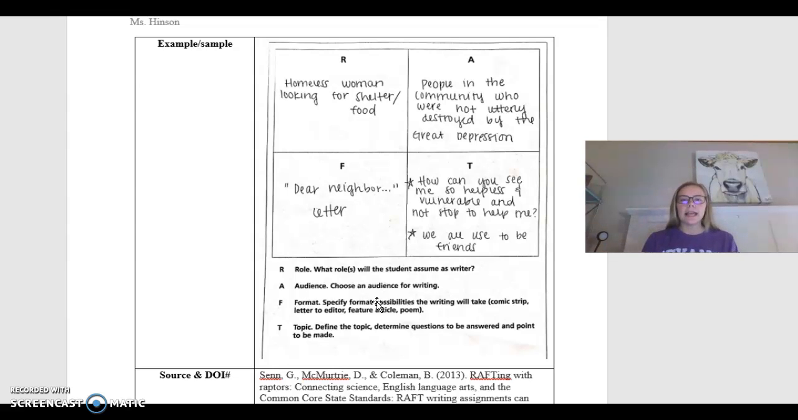This sort of writing helps students break down what they're looking for and what they want to get out of their writing. So instead of just being like, oh yeah, one time I learned that there were homeless people in the Great Depression, based on my example talking about the Great Depression,